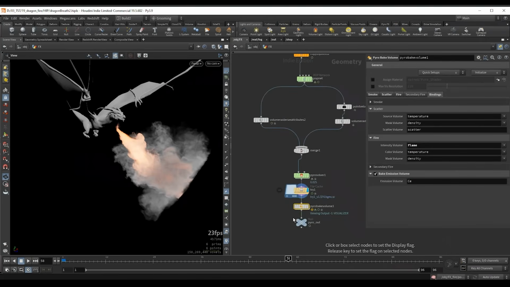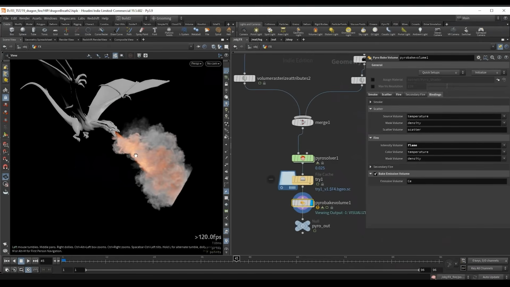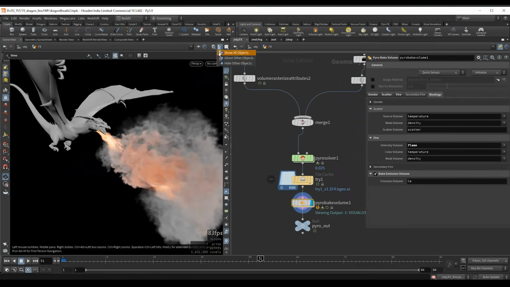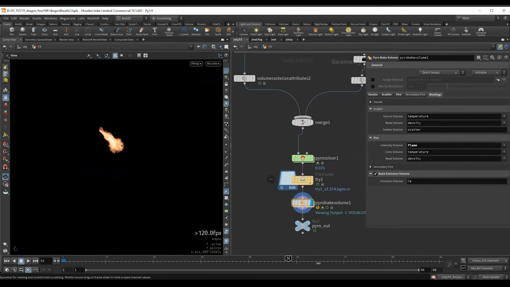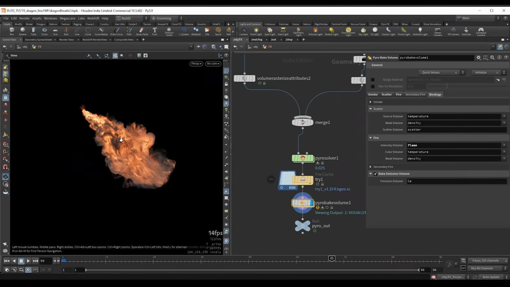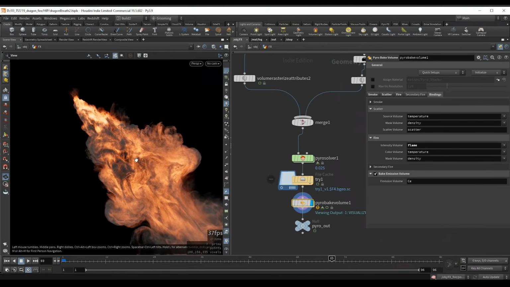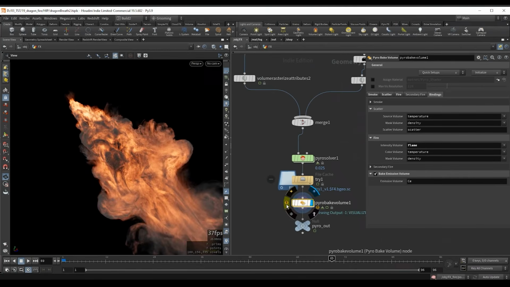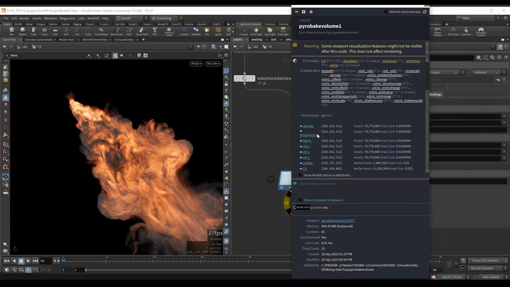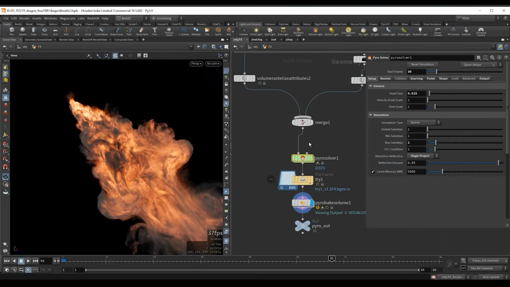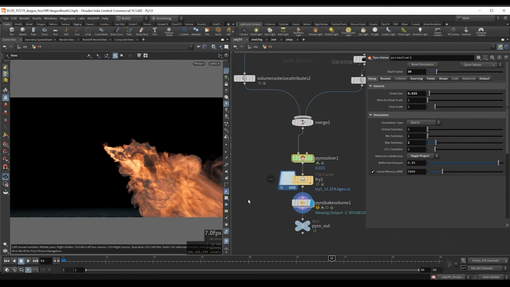So if I go to my cached result, let's take a look. I think the pyrobake is not working properly. Let's maybe see. And here it is. Not the super highest resolution. I think we are working with a fairly low density grid, I would say. We could probably push this further, maybe to a value of 0.001. But for this camera angle, and for this shot, this was just fine.